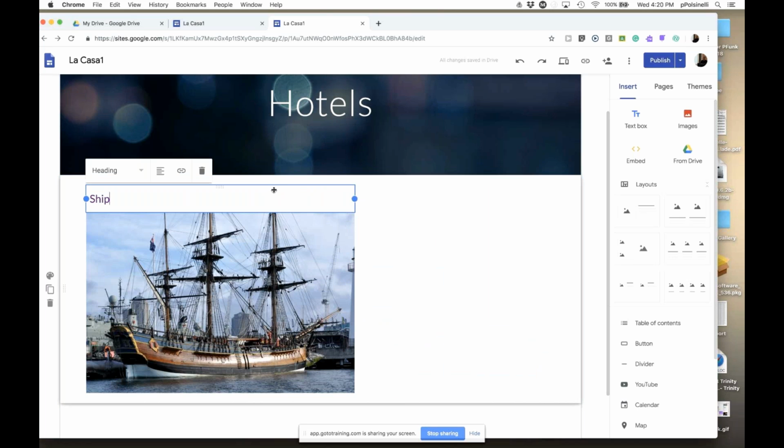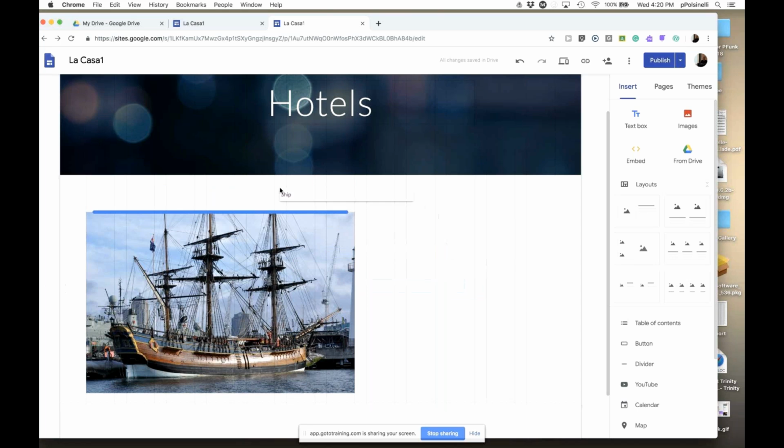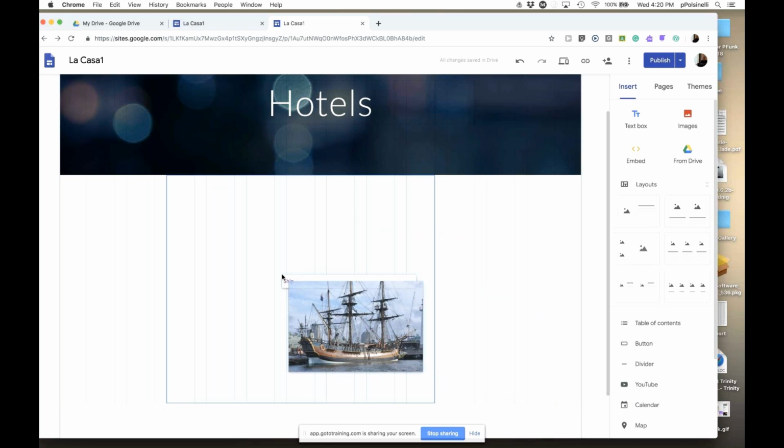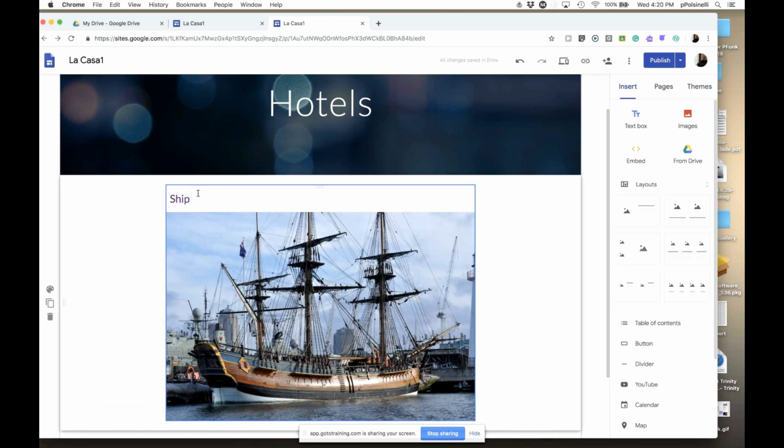So I can drag and drop that where I want it to go on the image. Okay, if I put it to the side, it makes another text box. But you know, you can do that with an image. Now that stays grouped with the image. Okay, so I might want to center this,